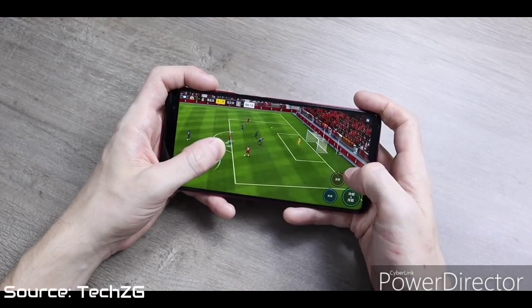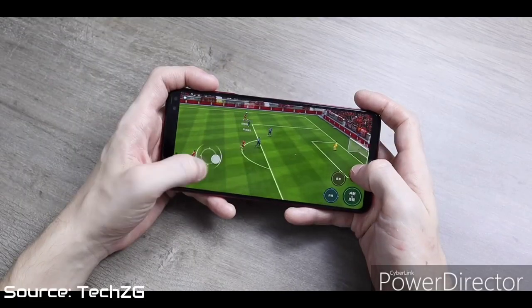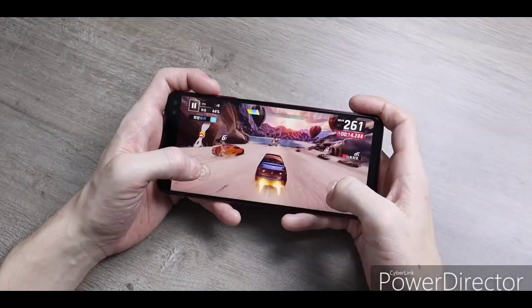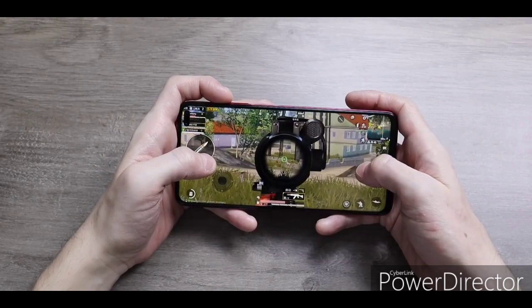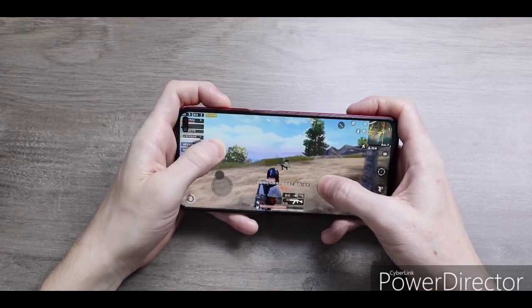But now let's talk about the side of these phones that gave them their spotlight, which is their performance. In the performance department, that's where you start to see some disparities between these two phones. The Redmi K30 has a Snapdragon 730G, a gaming-oriented chip that is used mostly in phones that are supposed to be gaming phones in the mid-tier markets. It comes with 6 gigs of RAM base and about 8 gigs of RAM at maximum with 256